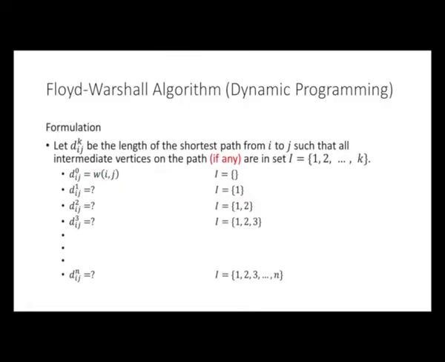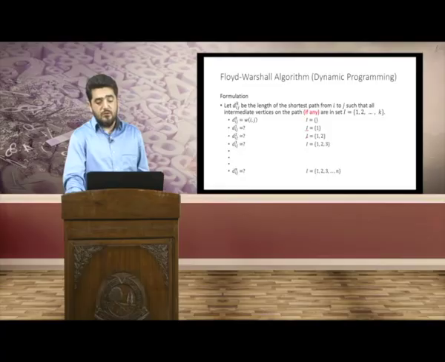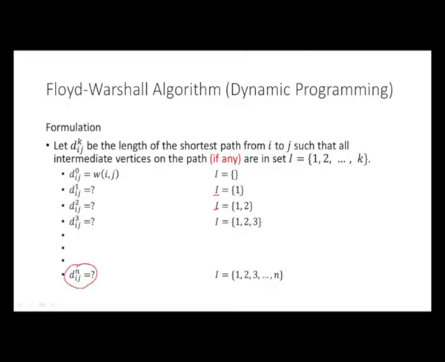Similarly, d(i, j) superscripted 1, whatever it be, we need to find that, would be considering the set of intermediate vertices having 1, the lone element. Similarly, d(i, j) superscripted 2, we will have to find it, would be such that we consider the set of intermediate vertices having elements 1 and 2. Similarly, d(i, j) superscripted 3 will have the intermediate set as 1, 2, 3 and so on up to d n of i comma j, which will have the intermediate set equal to the complete set of nodes that are in the